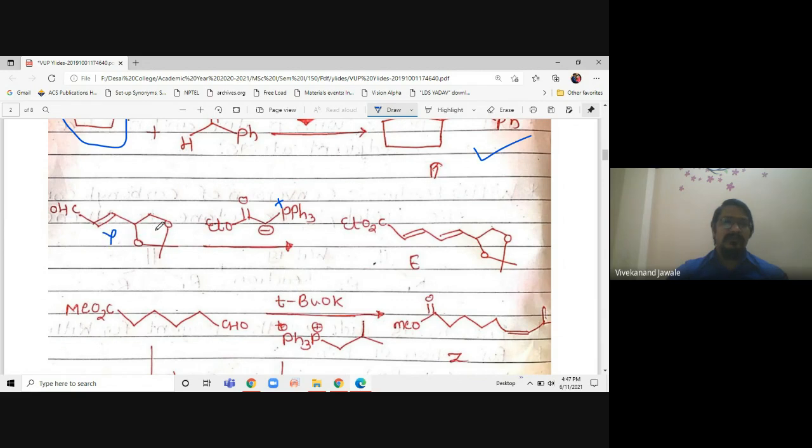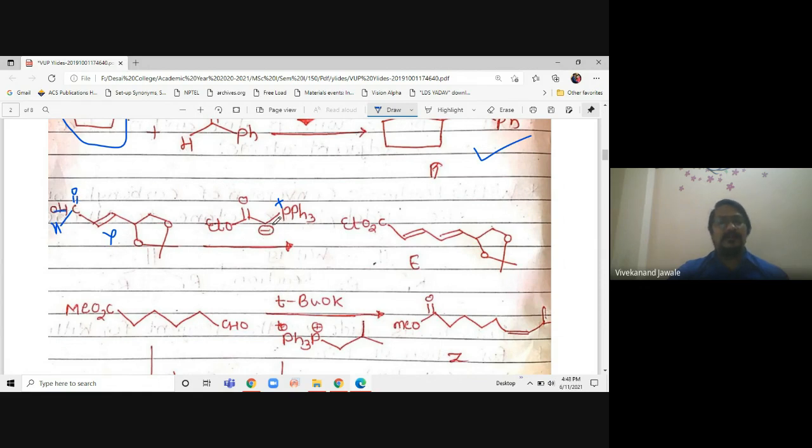Here there is a different type of structure, but here if you see, there is a CHO. CHO means aldehyde and it is a carbonyl. So what is aldehyde? Aldehyde means it is like a C double bond O and H is there, right? So OH will not be there. What will be our answer now?